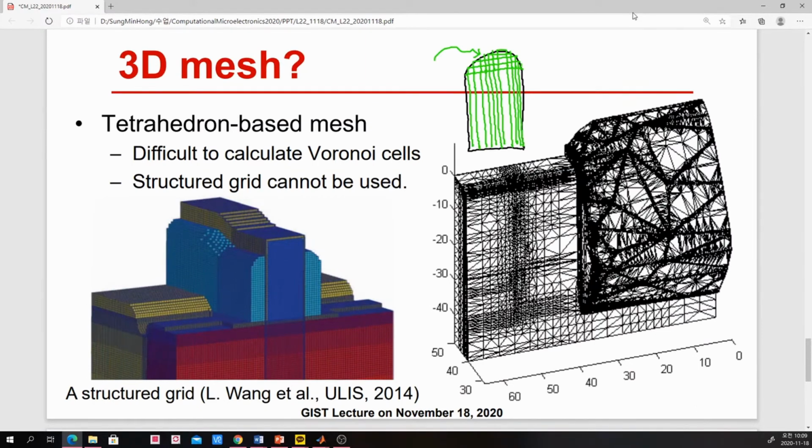So that's the reason why in reality every time we are using triangular based mesh for two-dimensional structures and tetrahedron based mesh for three-dimensional structures. Okay,